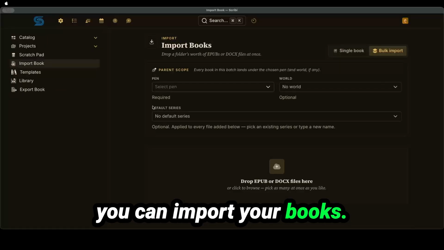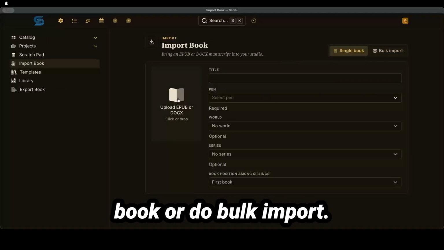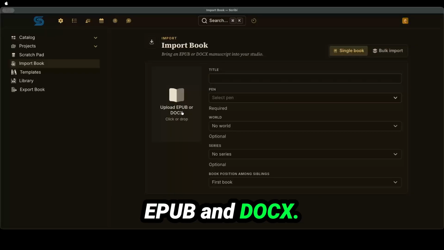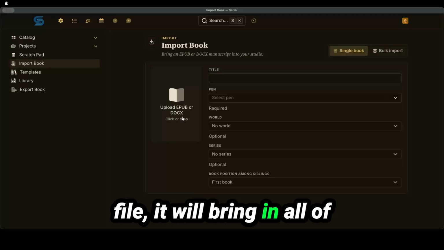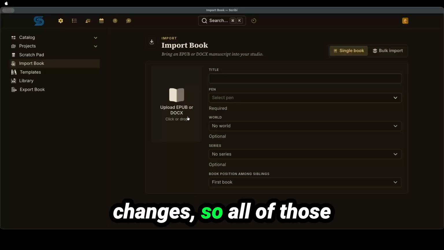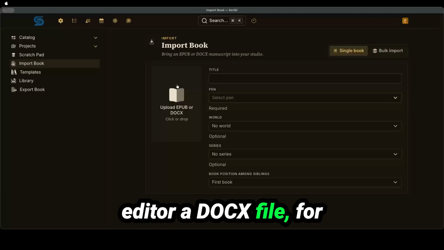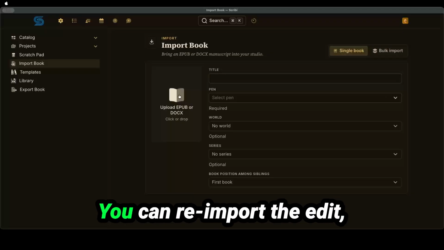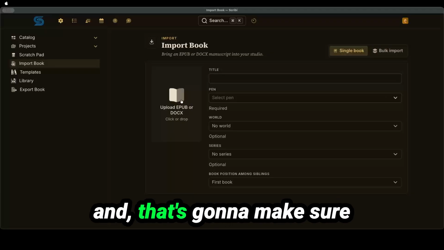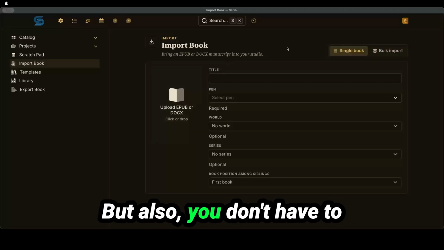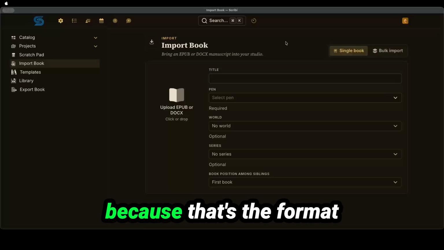You can import your books. You have the option to import either a single book or do bulk import. Right now we accept EPUB and DocX. When you import a docx file, it will bring in all of the comments and tracked changes, so all of those things are preserved. If you need to send your editor a docx file, for example, they get in the edits, you can re-import the edit, and that's going to make sure that you don't lose any of the edits that are in there, but also you don't have to start working in Word